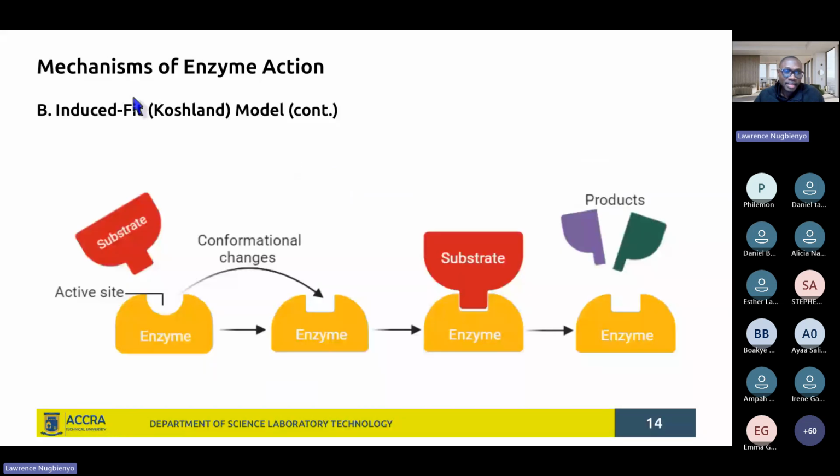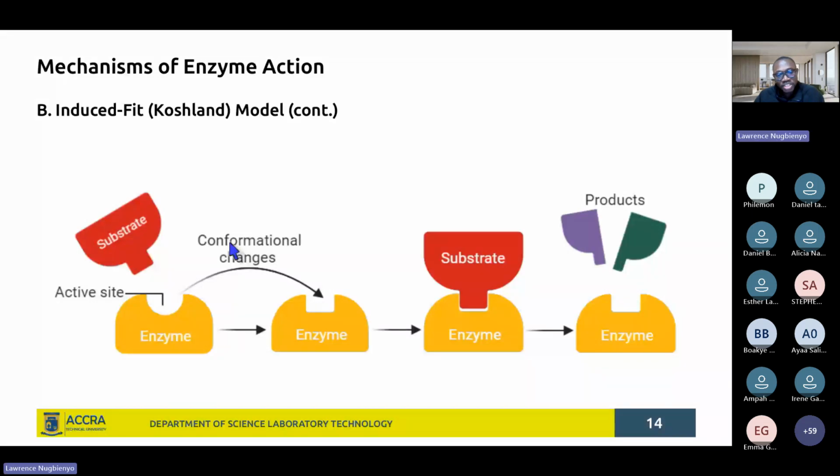So putting all of that together, the mechanism of action of enzymes based on the induced fit model is such that you have a substrate. If you take a look at these substrates, depicted to show that the substrate is having some square portion which should be interacting with the active site of the enzyme, which is having a round shape, which does not fit into the substrate. But in the presence of the substrate,